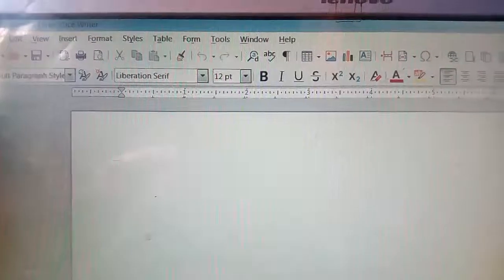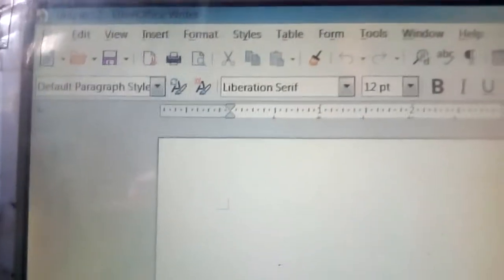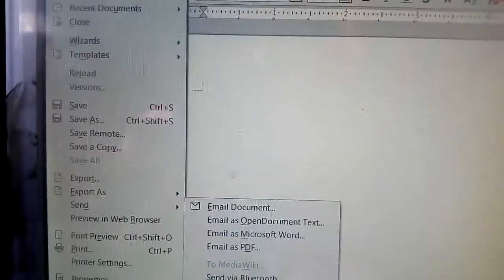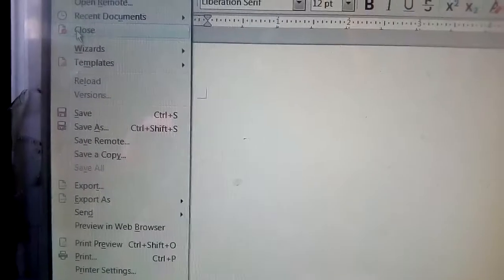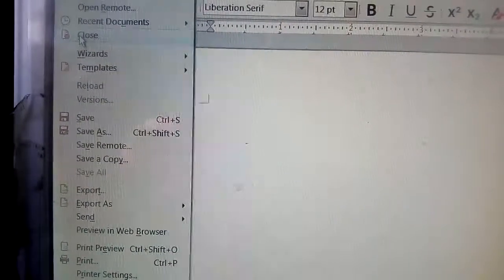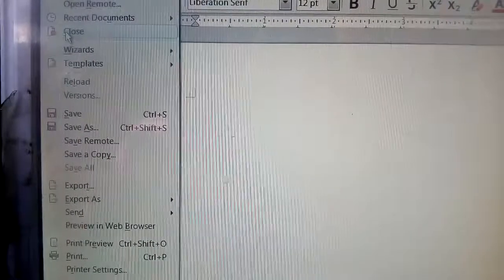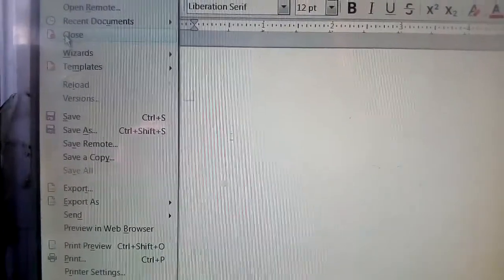Now how will you close a document? For that you have to click on the file menu again. Okay, so you have to click on the file menu and here you can see the close option, this one. Okay, so just click on the close option, and the document will be closed.